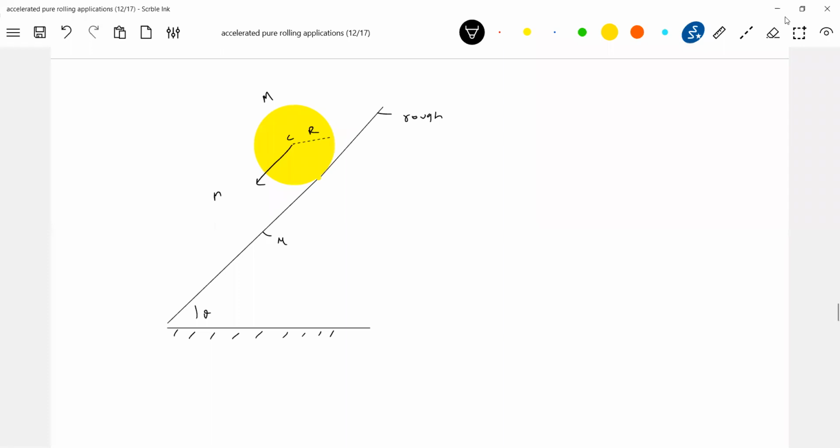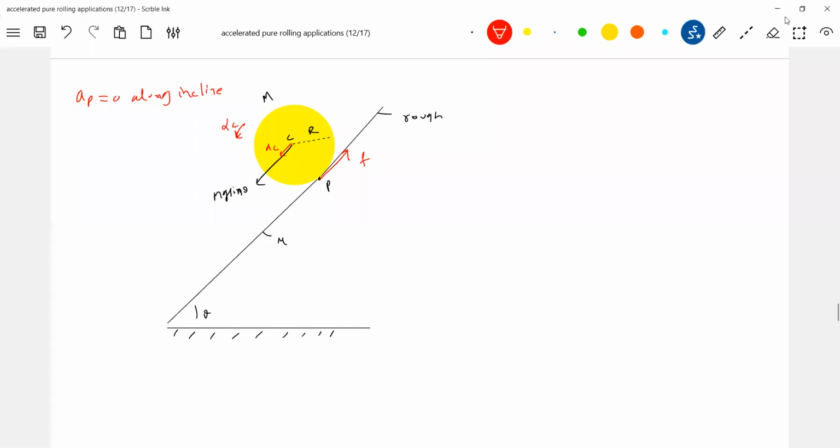Mg sine theta. Then the friction, if no slipping occurs. Look at this point P, very important. Due to mg sine theta, the center of mass will try to accelerate down. Then for no slipping, R alpha C should be upward. Then only no slipping will occur. So how the friction can set up that particular torque. Then only the acceleration of point P will be 0